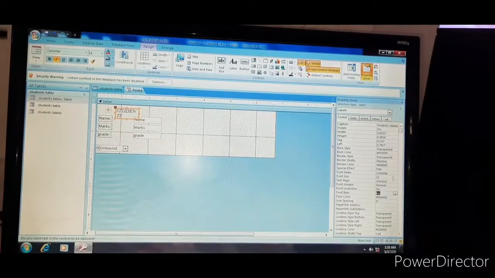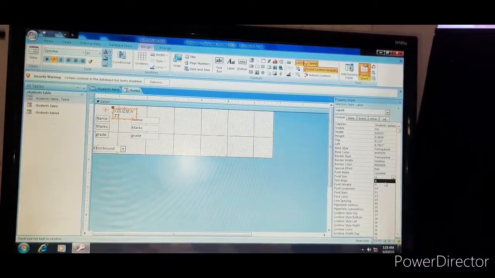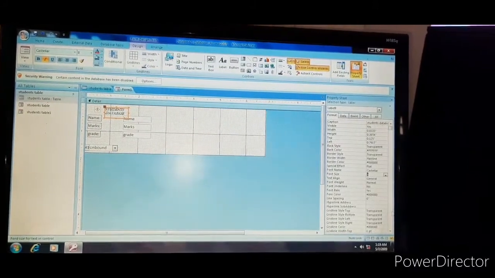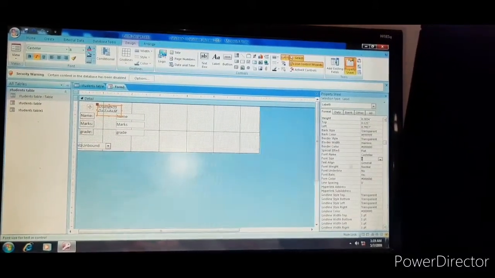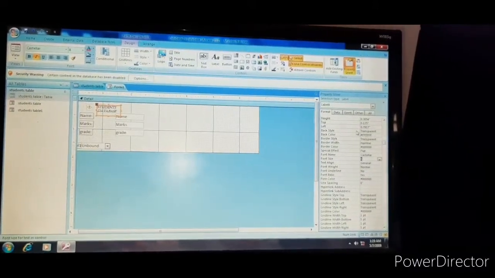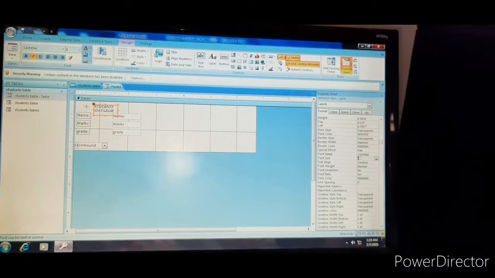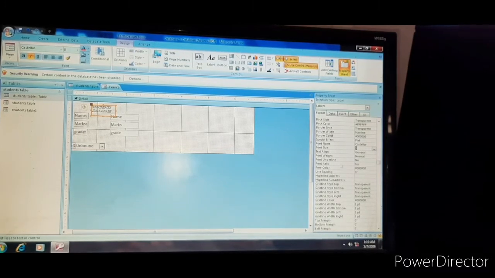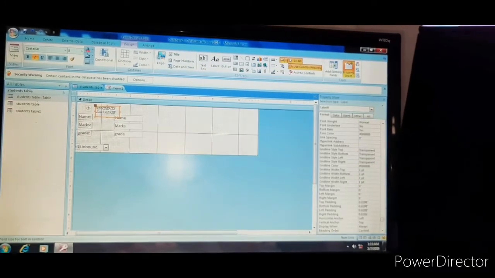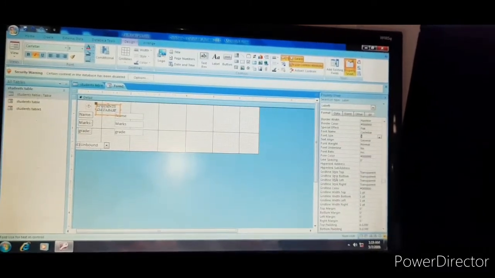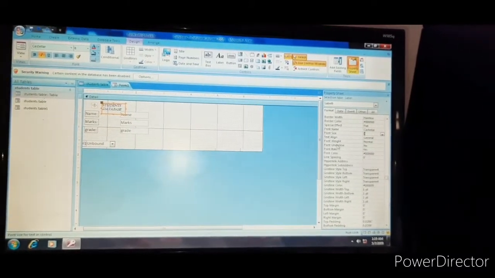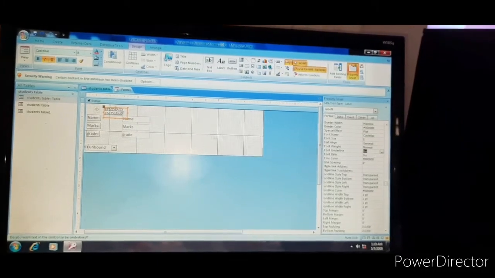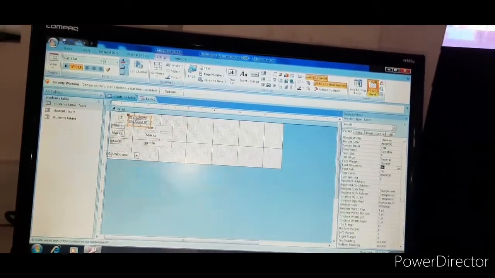I'm decreasing the size, children. See like this. Bold, the spacings and everything is there. Font color. See like this, so many options are there. Whatever options you want, you can adjust and format it. Font underline, yes or no. If you want underline for that title, you can underline it.